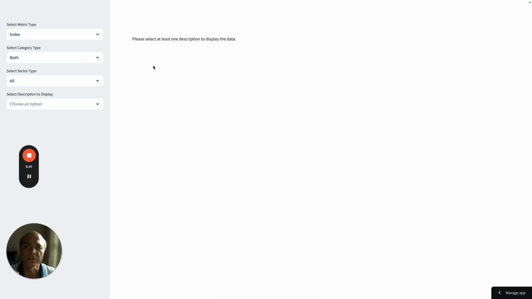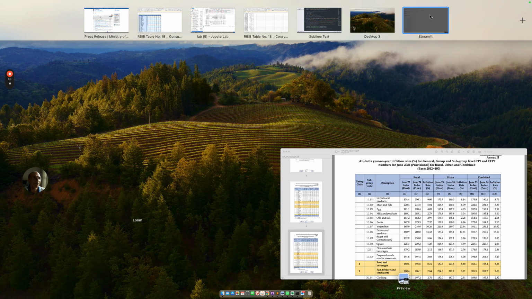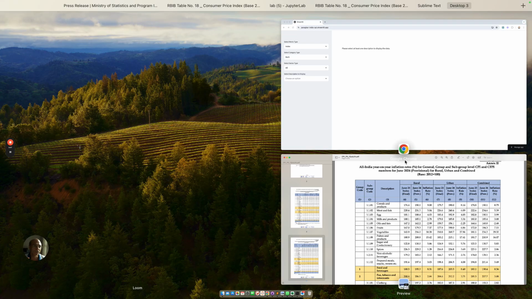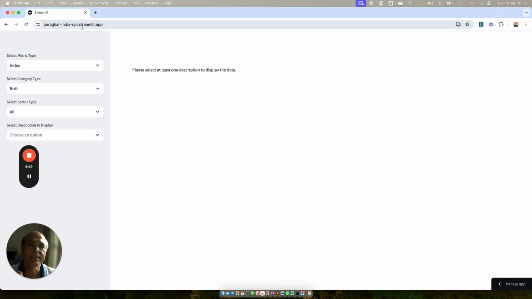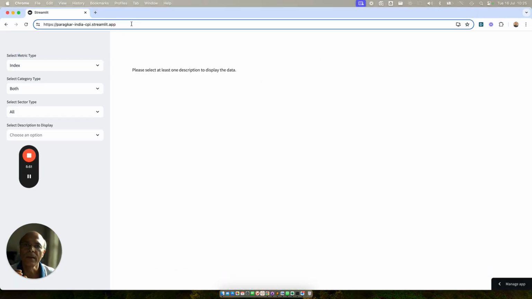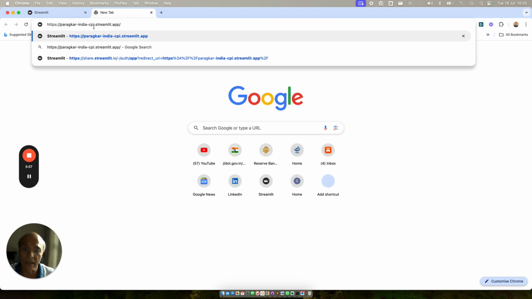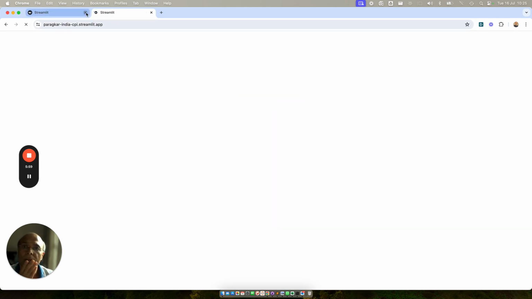Now this app, you can get a web-based access, which I'm going to put in the description of this video. So let me just show you how the app looks. When you click on this link, or you cut and paste and put it in a different tab, and then you press enter, you will be able to get access to this application. So this application is going to show up here.